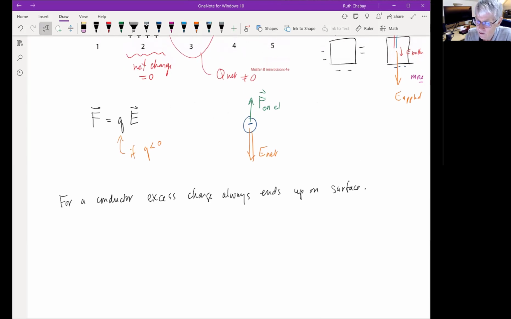Is this something you have to memorize? Yes, there are two things you have to memorize. You have to memorize that equation, which will not be on equation sheets, and that's fundamental. And you also have to memorize the equation for the electric field of a point charge. So that's one thing to memorize. And the other is